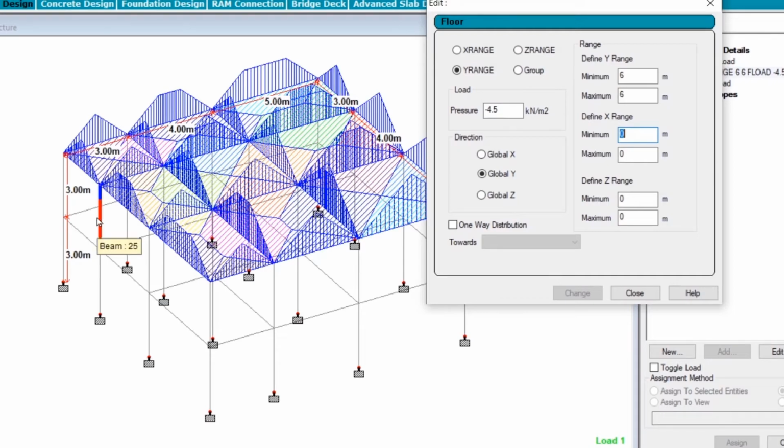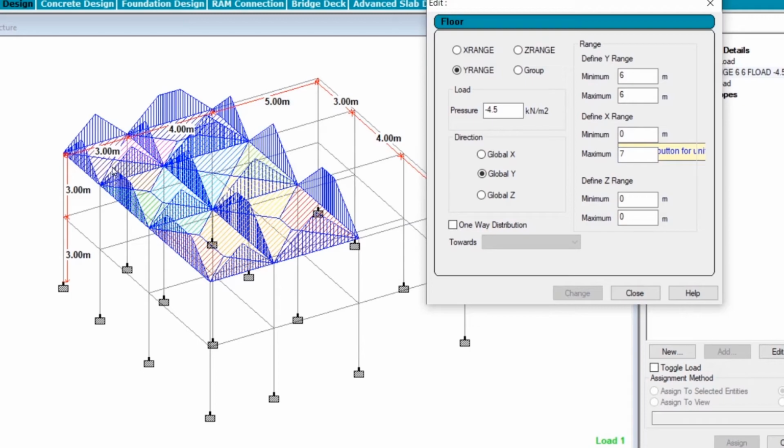and you can get the floor loads on everything. Now, what if I wanted the floor load only on these 6 panels? So we do not want it on the rightmost panel. And in that case, what we'll be dealing with is the X direction. So this is the X direction, and this is what we'll be dealing with. So instead of going from 0 to all the way, so if I have not defined anything, this defines it to all the way. So in this case, I'll be defining the X range from 0 to 3 plus 4, which is 7. So I'll put in a 7. And if I change it now, you'll see that these last 3 columns would disappear. So now you can see my range is only defined to these X values, that is from 0 to a value of 7.